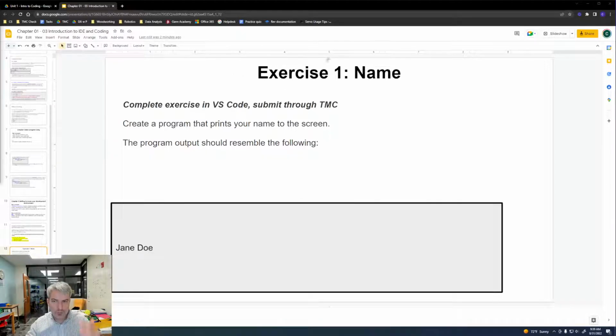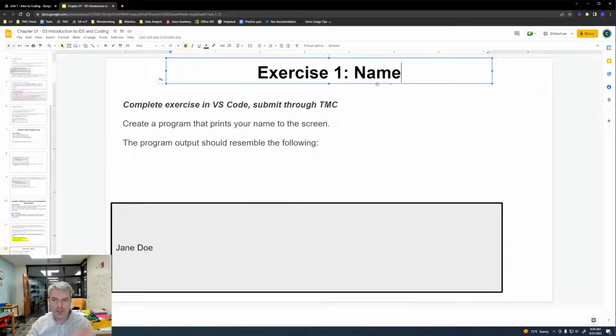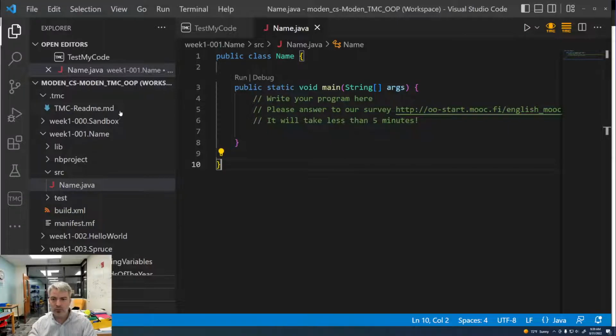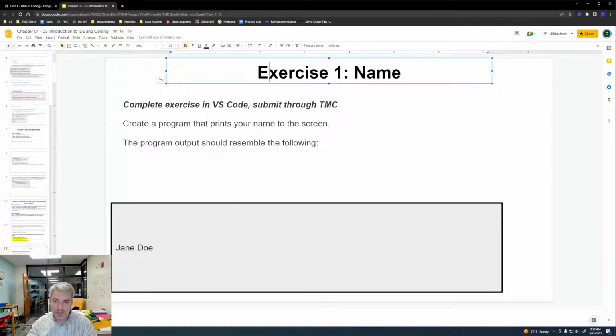So if you read through this prompt, you're going to find that you have your exercise 1 here. Basically we have an interconnection between our Google Drive, which provides the content and the instructions, and the work that actually gets done inside of our VS Code. I'm going to walk you through how to complete the first exercise and identify some key points that I think are most important. We're always going to find the instructions in Google Drive, and the completion happens inside